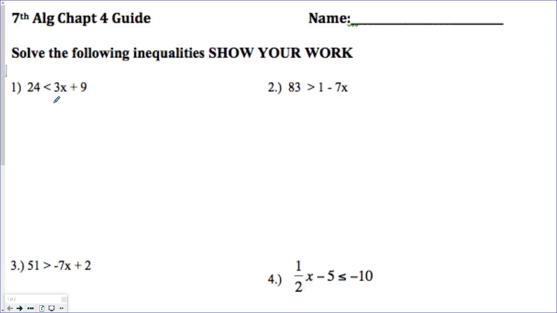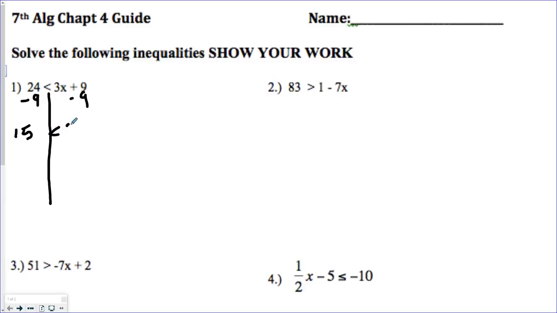So look at number 1 here. Again, we can still draw a line down the middle if you want. Again, the goal is to get x by itself. So let's start by moving this plus 9. So I subtract 9. Now I'm not going to flip here because subtracting is not multiplying or dividing by a negative. So subtracting is okay. You keep the sign the same way. Nothing happens. So we're going to do 24 minus 9, which gives us 15,